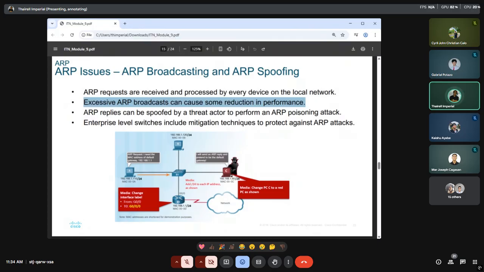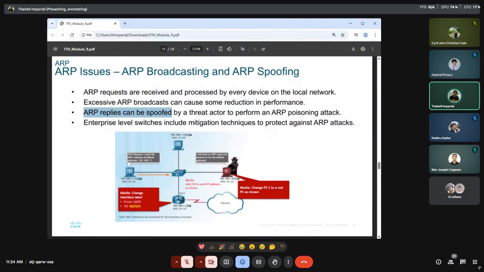It will fill entirely the cache of your source devices, and it will also affect the routing tables of your switches, as well as your router. So it would actually cause congestion. Okay, so network congestion.